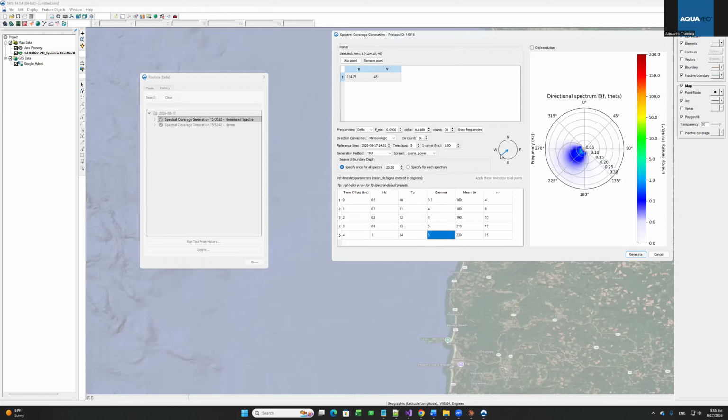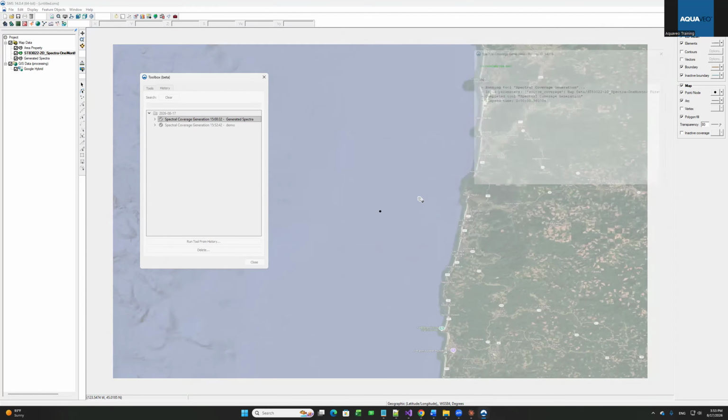Now notice, as we choose individual time steps, the principal direction of the spectra is identified in the directional preview window, and the polar distribution of the energy is displayed in the polar plot. Clicking the Generate button then generates a new coverage,